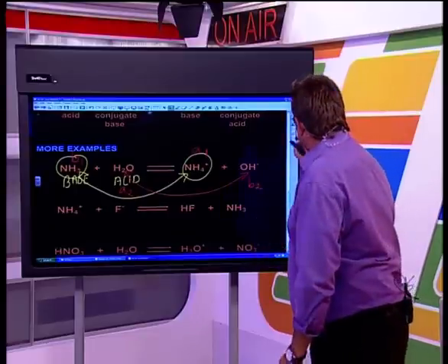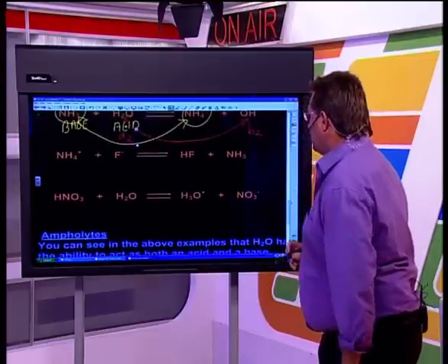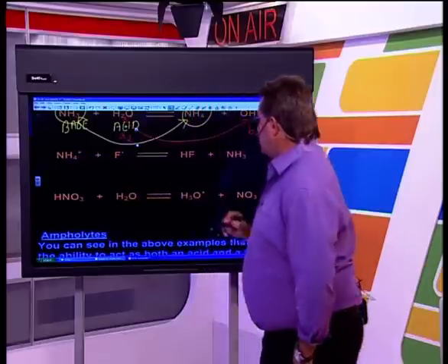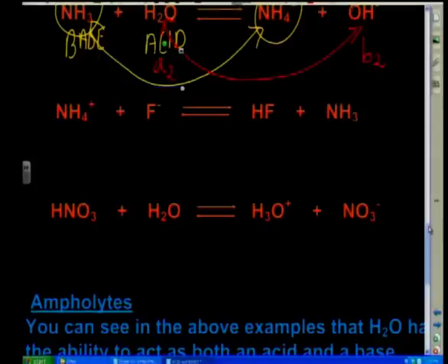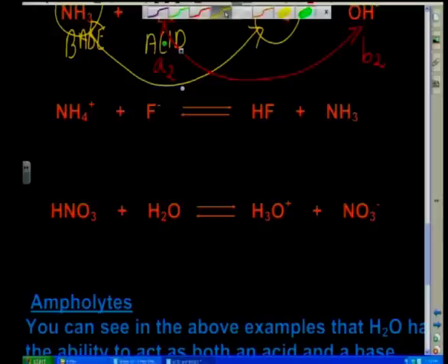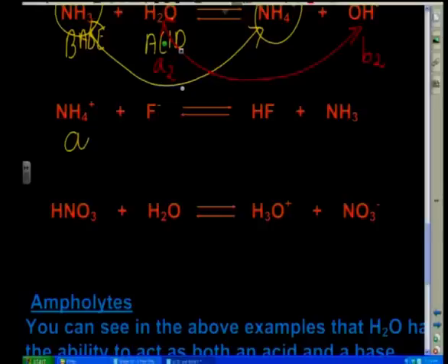Okay, let's try one more. It's always good to practice these as much as possible. Right, NH4+ plus F minus, the fluoride anion, forms hydrogen fluoride, often known as hydrofluoric acid, very nasty stuff, and ammonia. Let's have another look. NH4+ to NH3, can you see those are similar? They differ by one proton. He is now losing a proton, so he has to be an acid. So I'm going to put A, and that must be the conjugate base. So that's A1 and B1 for my first acid-base pair. So I can link those two up like that.